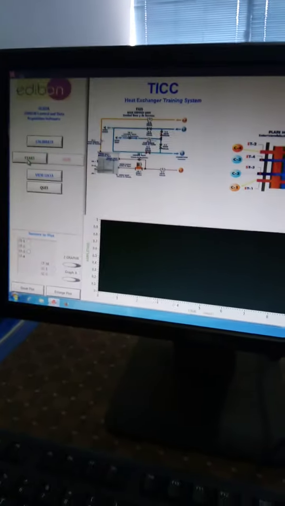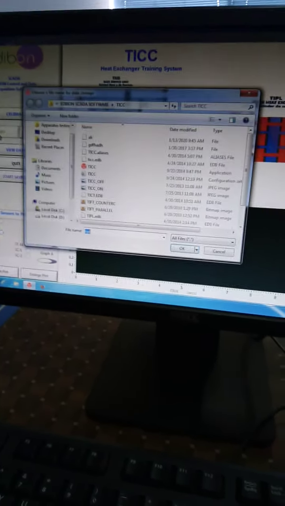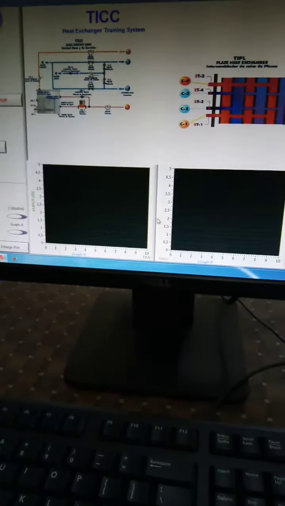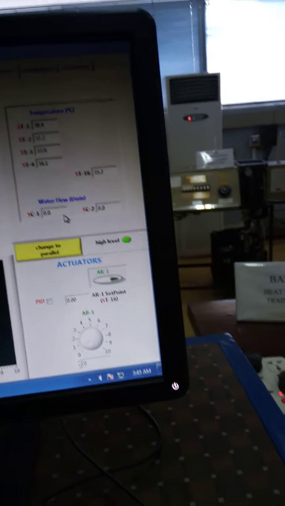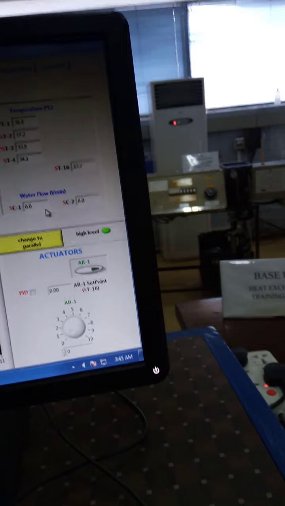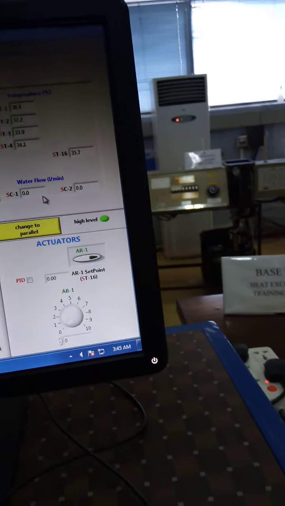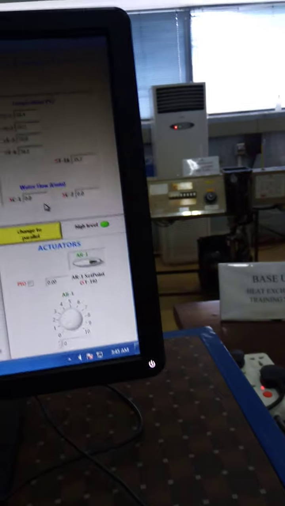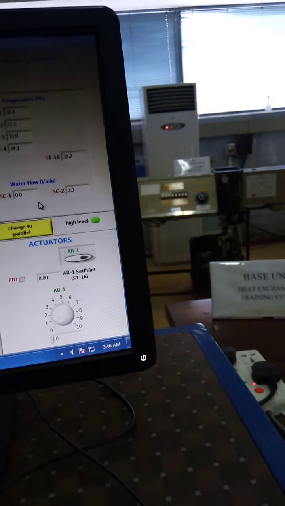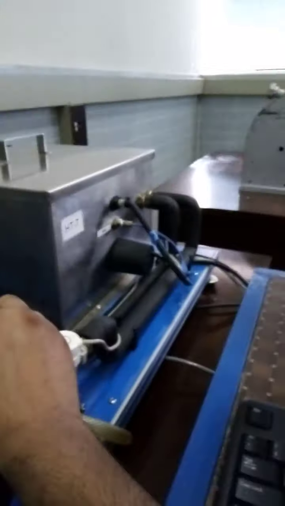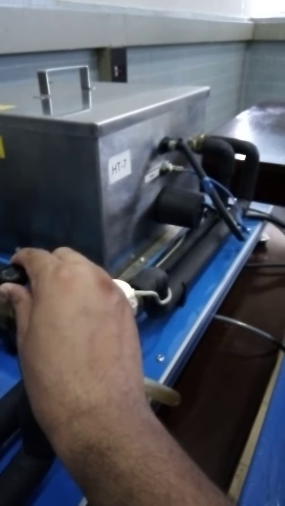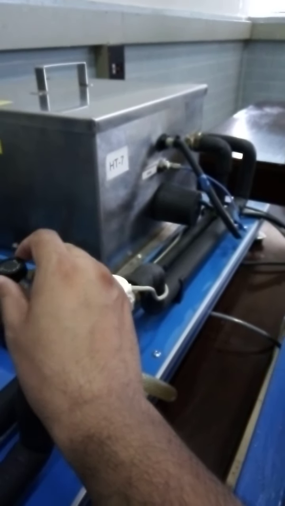Here I am going to perform the experiment. First of all we will start from here. You will press the start button and then OK. Here it is showing the normal temperatures to you. So the cold water flow rate will be constant, which is 2 liters per minute. You can adjust it from here. You will open the valve. By using this valve you can see